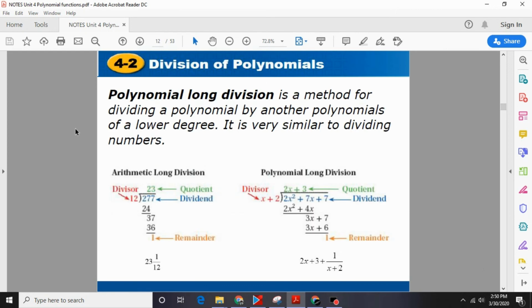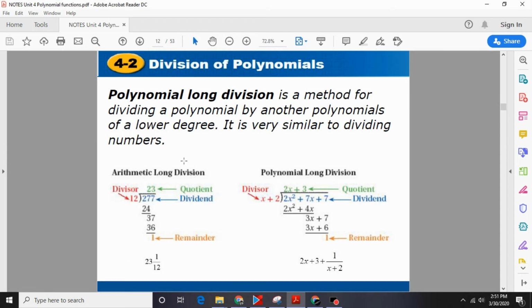So when we're working with polynomial division, we want to go back to the old long division of numbers, where you take a look at the number and you see how many times it'll go into the dividend, so like 12 goes in 27 two times, which is 24, and then you take this value and you subtract it. 27 minus 24 is going to be 3, and then you bring down the next value in your dividend,